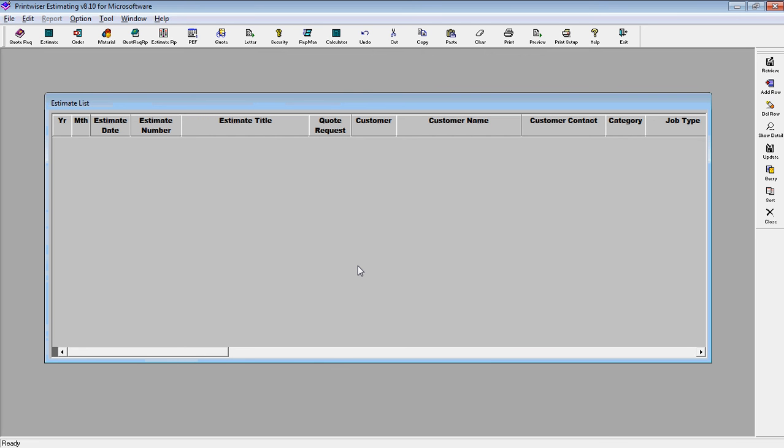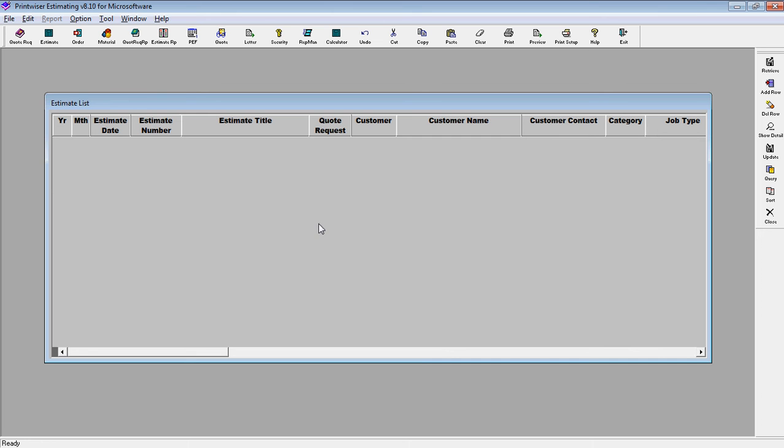So once the estimate is entered, it goes with the customer job specifications. It also comes out in report form with the specifications, so that it will be easy to understand what the customer wants. Another key feature of estimating is the ability to produce estimates for up to 6 quantities, 6 markups, and other